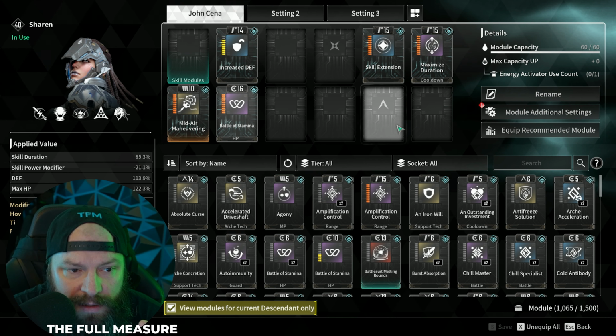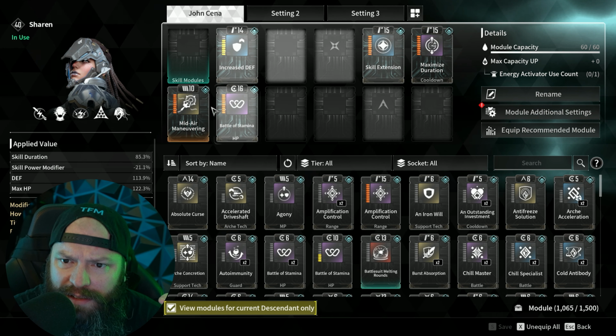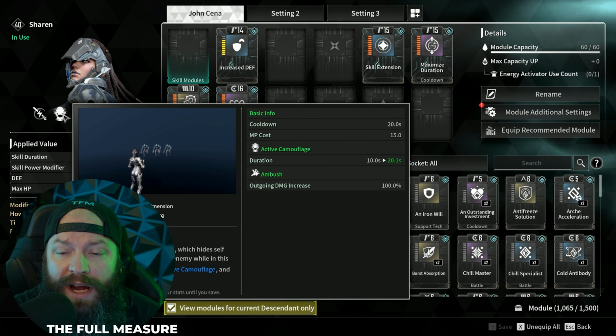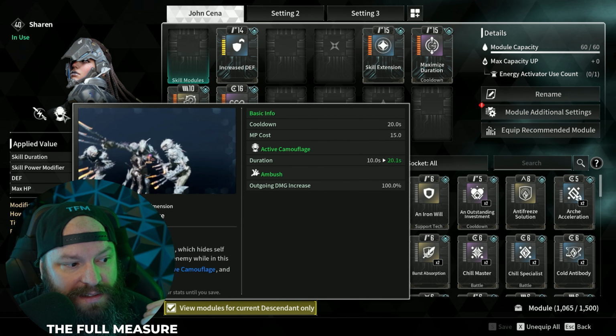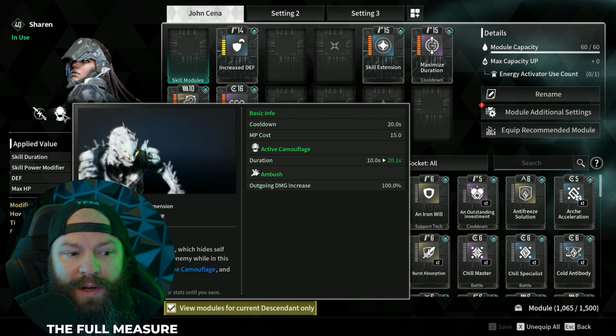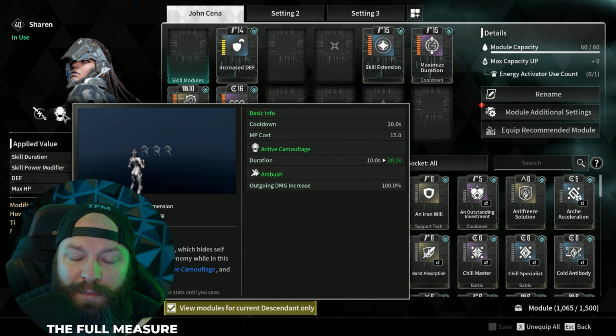Now, in my opinion, I think this is the best loadout that you can get when it comes to this specifically. The skill that you're trying to make better is this one over here. This is active camouflage, the way she cloaks. Now, the point with this skill is that you want to be increasing its